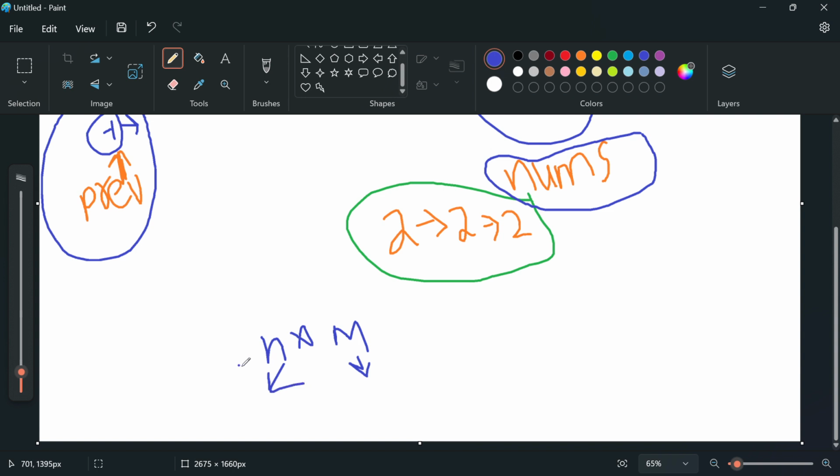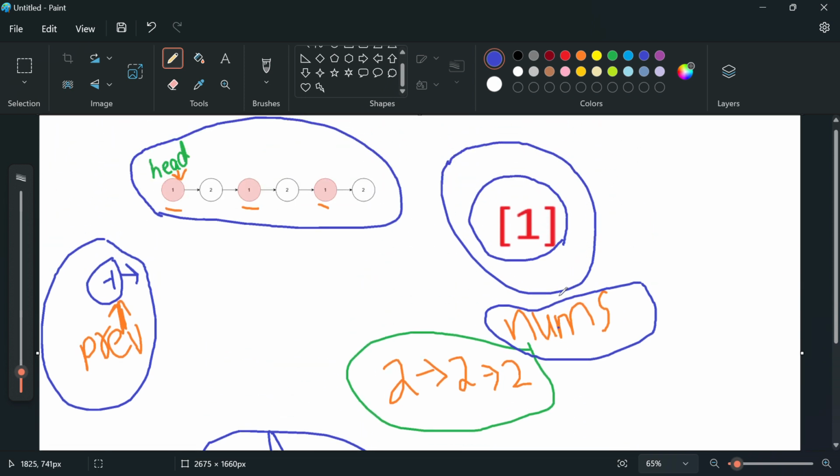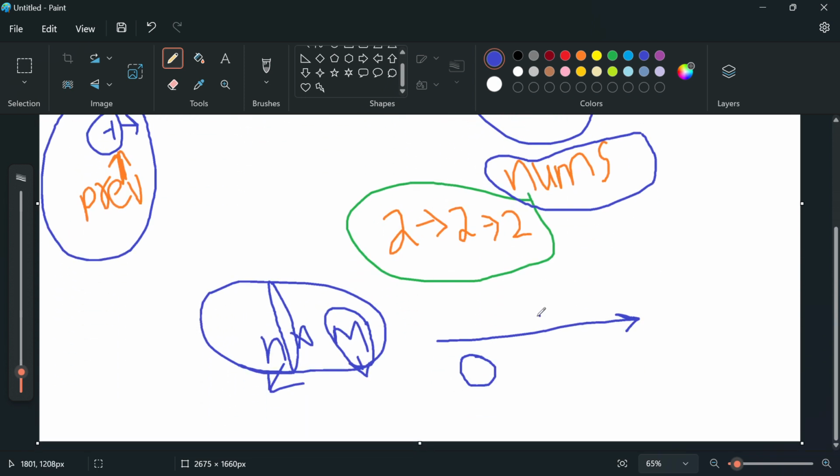right? So for every element in the nums array, we have to remove all its occurrences. It means we have to iterate over, or travel, the entire linked list, right? And to optimize this, while we are traversing the linked list, we have to check whether the current node value is present in the nums array or not, right? So if it is present in the nums array, we have to remove that element, right? So what we can do,